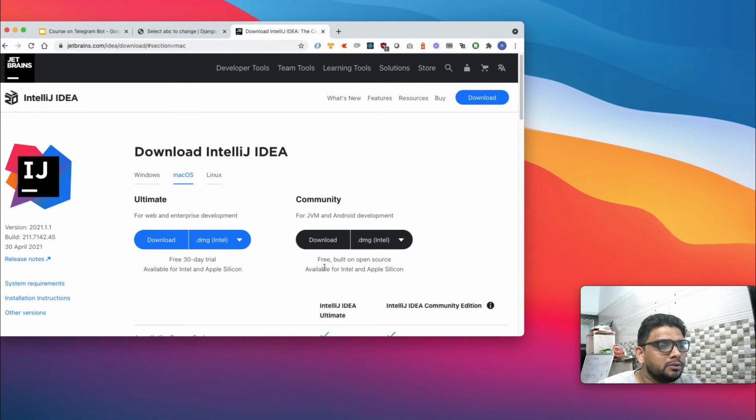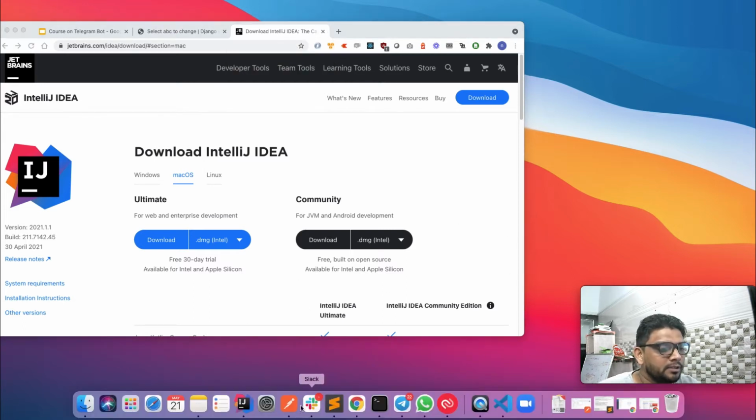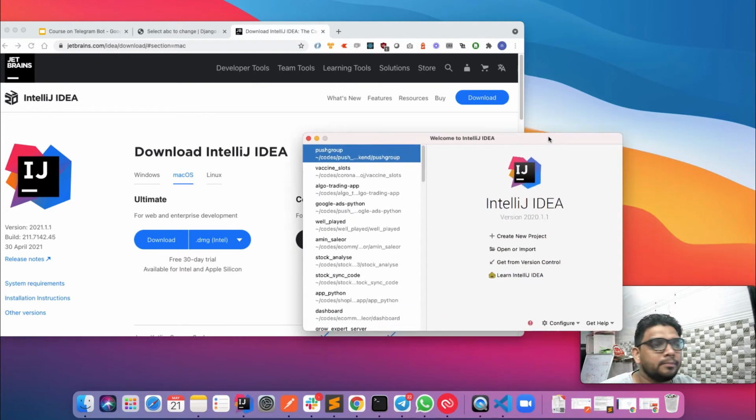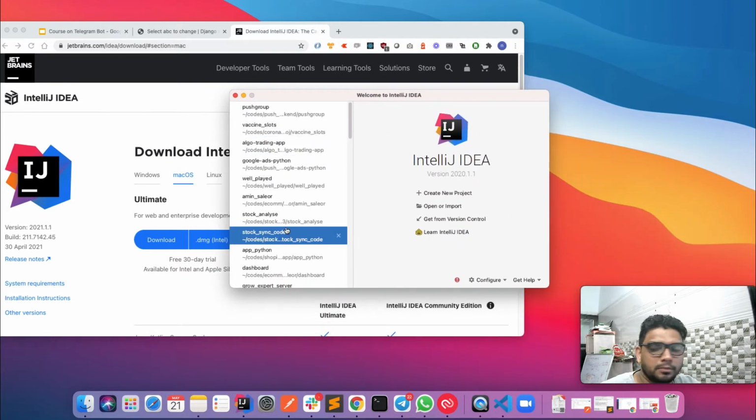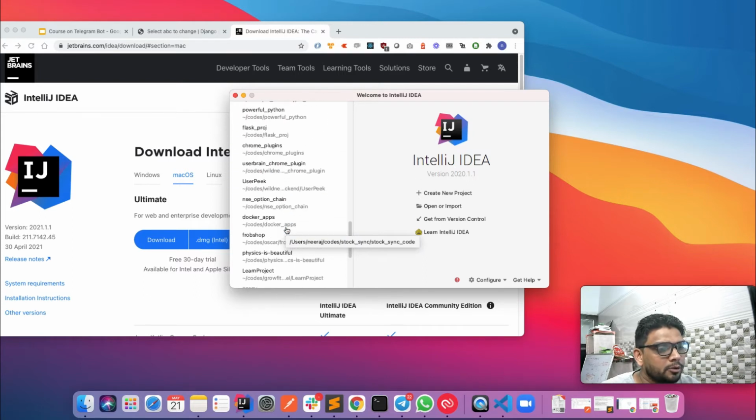So you can just download it, and once you download the app, you might see something like this, IntelliJ IDEA on your bar. Just click it. As you can see, I already have a lot of projects imported.